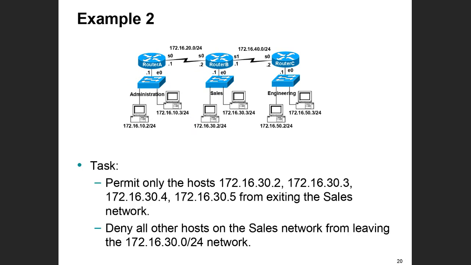Okay, now let's change the rules. Let's say that besides the sales manager, the four most productive sales force, and they have the workstations 172.16.30.2, 30.3, 30.4, and 30.5. They're all going to be allowed to create traffic and leave the network. They're the only ones that are authorized to enter sales into the sales computer over the administration side and look at the engineering department and see the specifications and the blueprints for the next generation software product that they're putting out. All other host machines in the sales department, if they're not .2, .3, .4, or .5, they are to